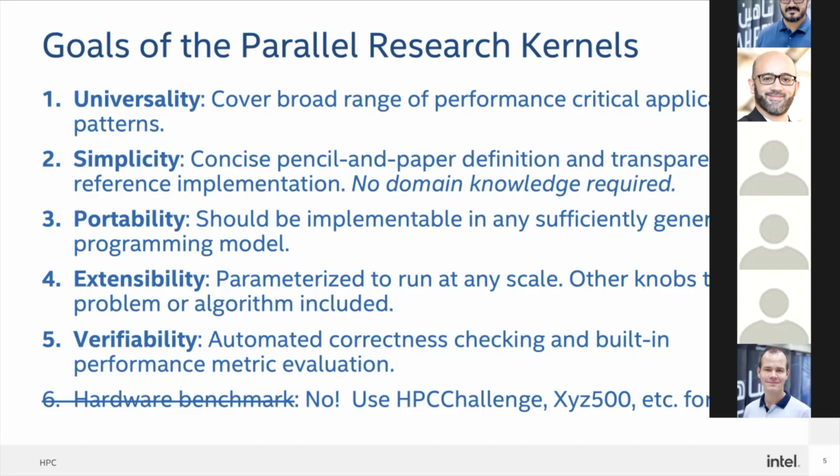I have occasionally misunderstood IEEE floating point exceptions and verified correctly that I had NaNs. Hopefully that's fixed now. But in general, you cannot get the wrong answer and get a performance number. It will first verify that you've computed the answer correctly, and then it will tell you what the performance was. That's intentional because some of the programming models we use occasionally have bugs in them, and some of the programs that people write have bugs in them, and we don't want to deceive people and give them a number without making them earn it with correctness.